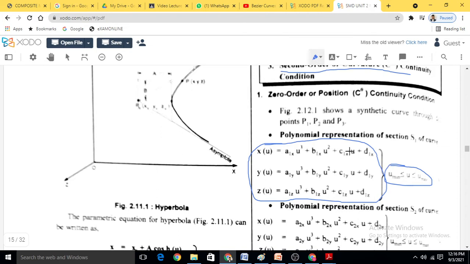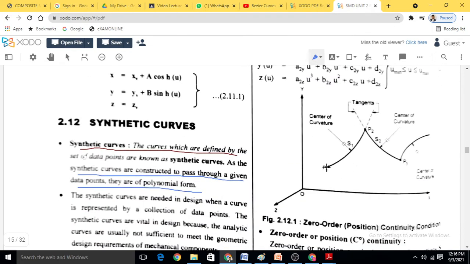If there are two sections, see this example here. Here is curve 1 which is passing through point P1 to P2, and it is called section 1. If we consider this overall curve, that is the curve passing through P1, P2, P3, P4,